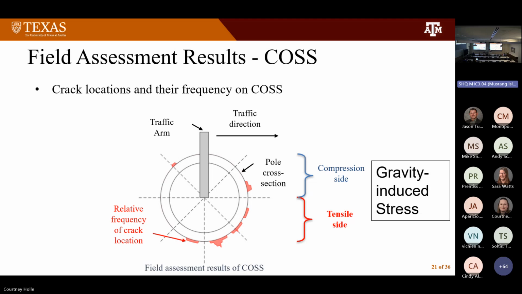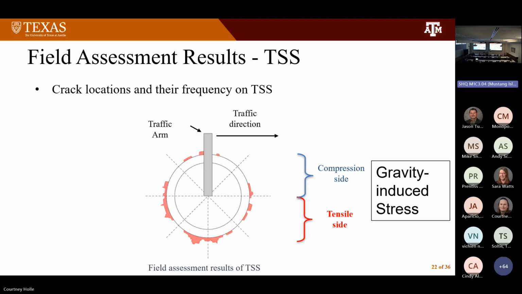But what we can do using the phased array is get in and look at the location, the length of the crack, and potentially even a little bit of the depth of that crack on some of those. We see a similar type of behavior from the traffic signal structures when we look at the gravity-induced stress from the traffic signal. So whether it's the tension side or compression side, it's not quite as much of an indicator on those as we saw on the cost, at least to date, but it does provide a little bit of an indication of the behavior.